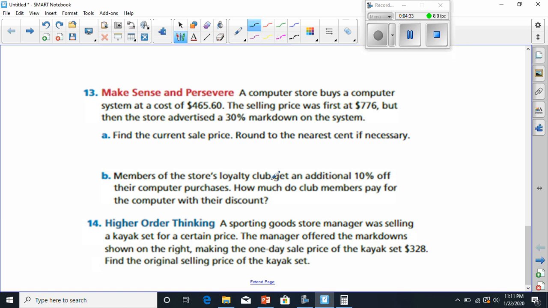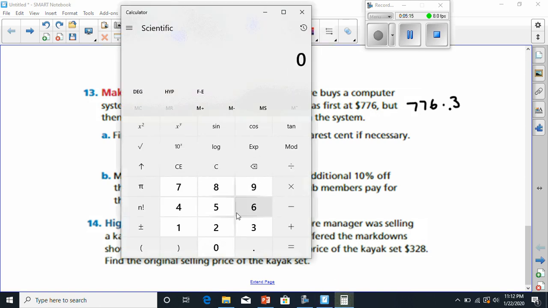A computer store buys a computer system that cost him $465.60. The selling price was $776. But then the store advertised a 30% markdown. So if we do a 30% markdown, it's going to be 776 times 30%. And now we see that we've got 776 times 0.3. We move that back, and our calculator is going to say that